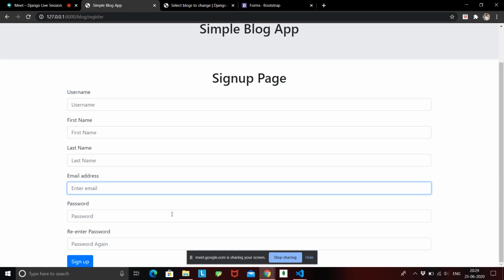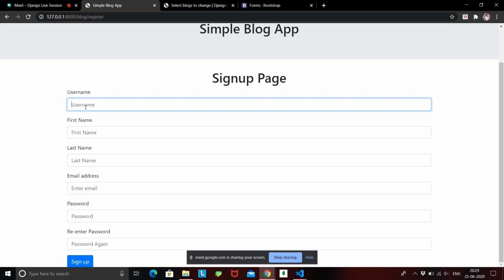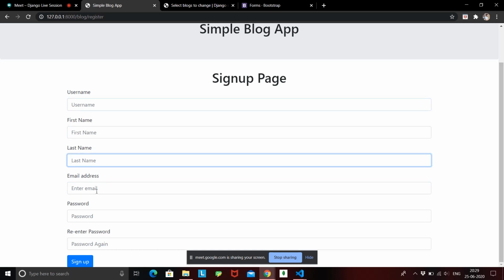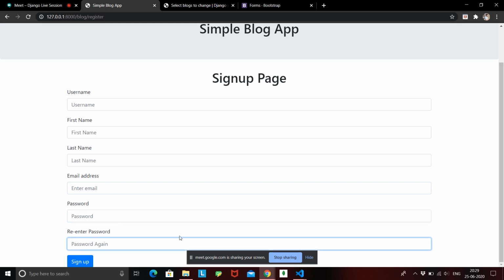Similarly, as we did for the post, we entered the blog data inside a form, then we submitted the blog data to a URL using a post request, then we handled that request and we collected the data from the request and stored it inside a database. Okay, similar thing we need to do over here, and in order to do that, the first step is you need unique names for each and every field to retrieve that data. Okay, so let's give a name to each and every field, as we don't have names for them.